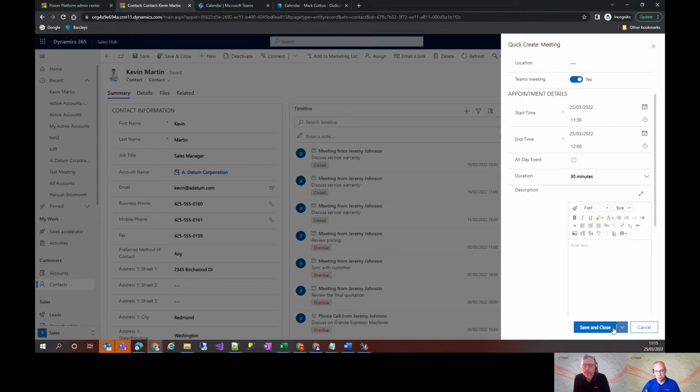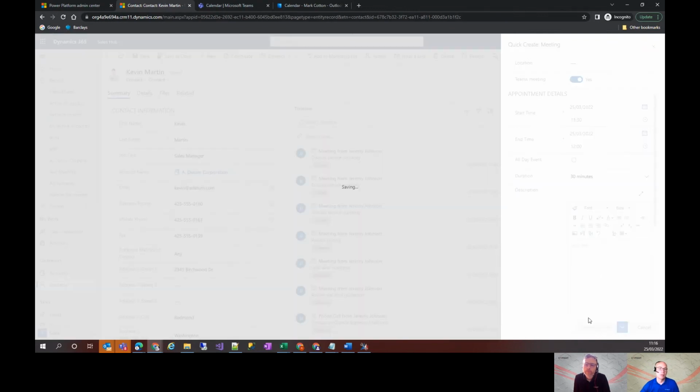Now, people that use Outlook and Teams day in, day out don't really use that link in the body of the email, but not everybody uses Teams and Outlook, do they? People use Gmail and Apple Mail and that sort of stuff. So it's important that the link to the Teams meeting gets put into the body of the meeting request as well. So this makes it a Teams meeting, but it also does that bit about putting the link into the body. So if I save and close that,